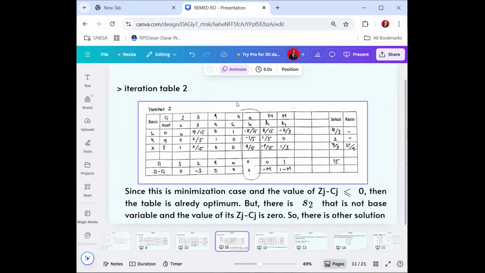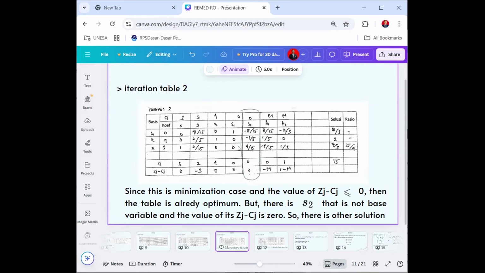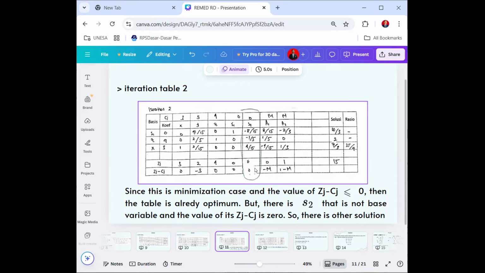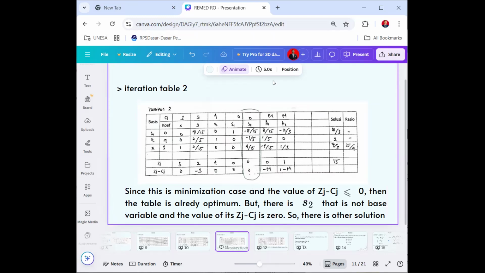But you may notice that there is a zg minus cg in a column that is not a base variable, and the value of its zg minus cg is 0. Look, this basis contains s1, z, and x, but there is s2, whose zg minus cg value is 0. So there are other solutions. So we need to choose this column as the k column and do the same iteration again,